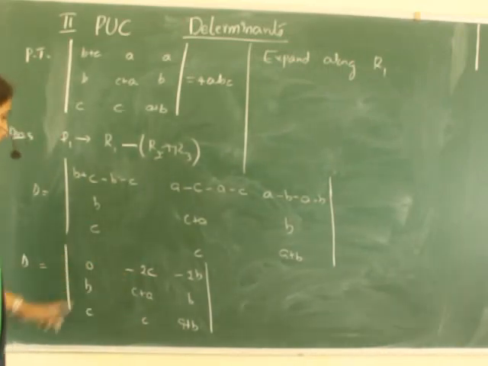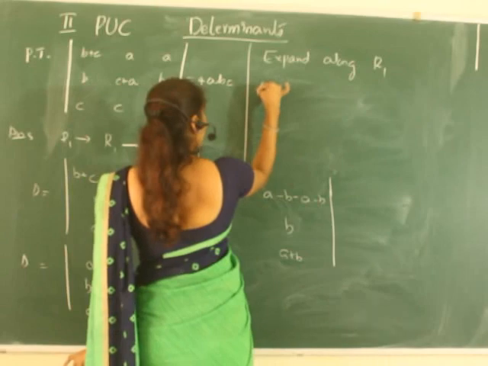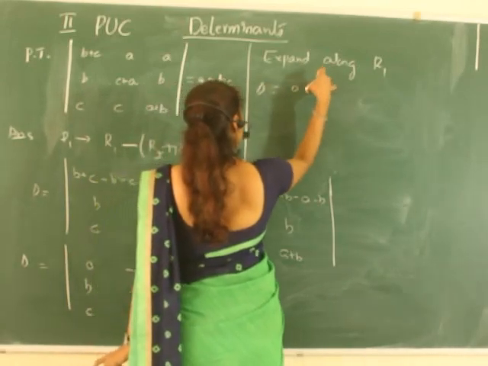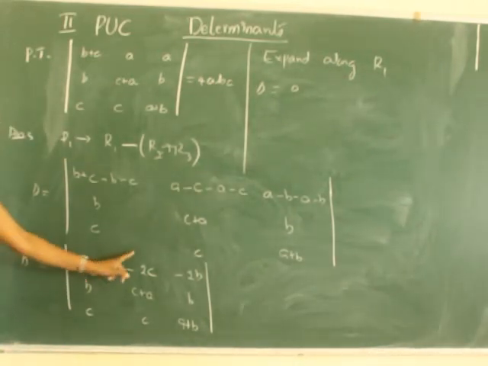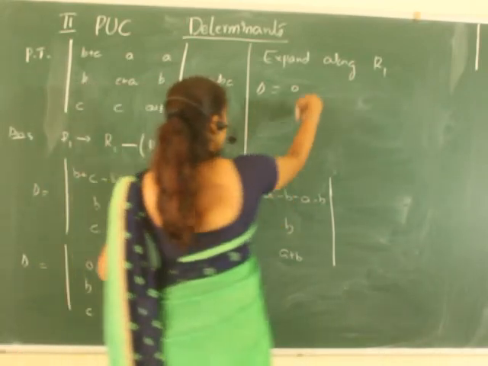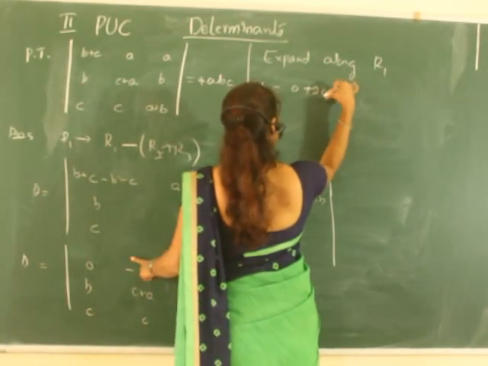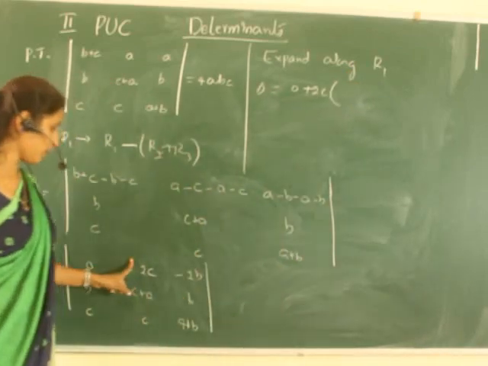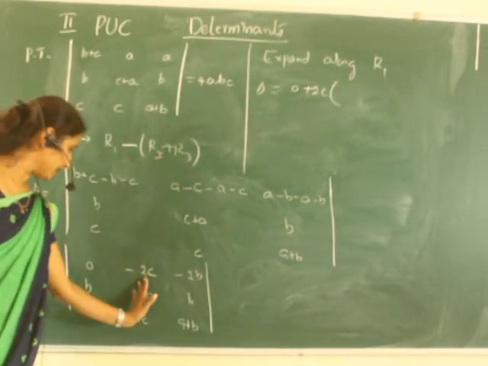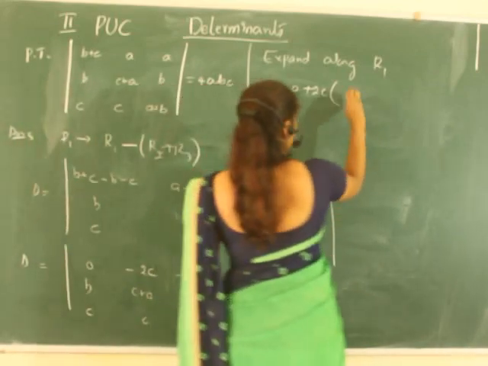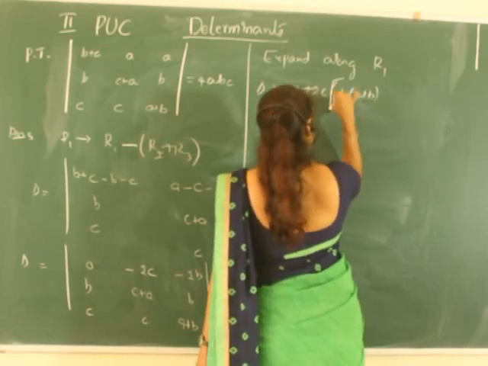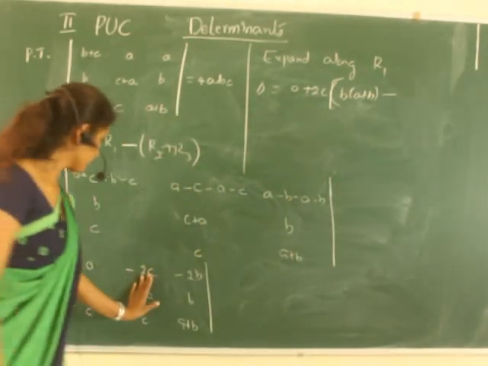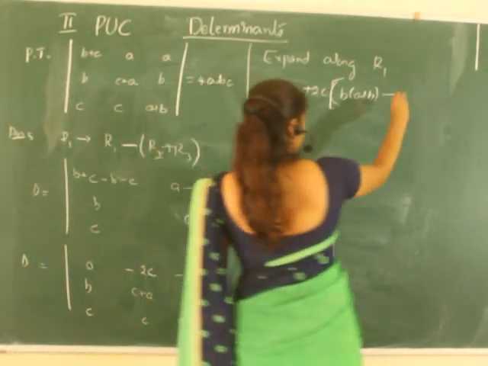If I expand along it, this will be 0. Delta is equal to 0, no need to write the 0 term because it is 0 only. So the signs are plus, minus, and plus. So this will be a minus, and minus into minus plus 2c into, by deleting first row and second column, so I have to delete like this, b into a plus b, into a plus b, minus b into a plus b minus b into c,